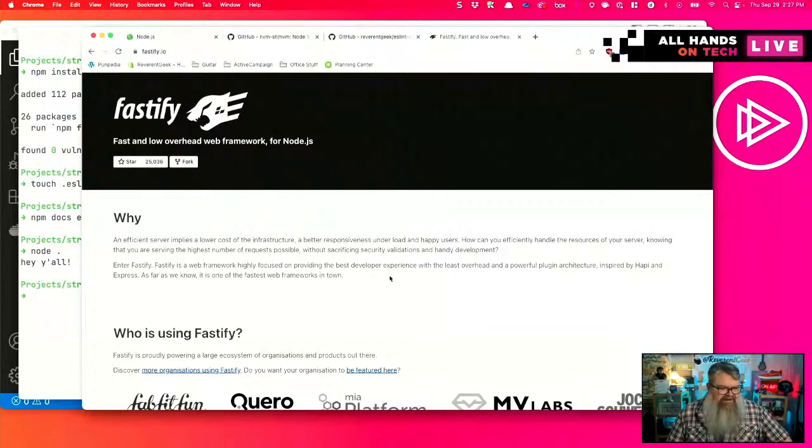So speed tests and efficiency and all that stuff is kind of subjective. It always depends on what you're trying to do. One framework might be faster than another. What I like about their statement is that the plugin architecture and everything is inspired by Hapi and Express. Express is by far the most widely known and understood web framework for Node.js.